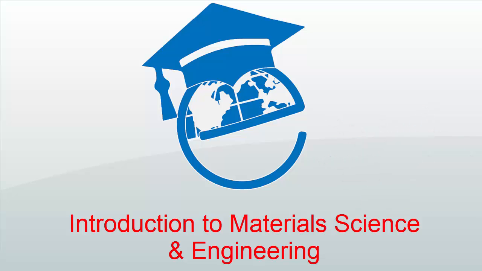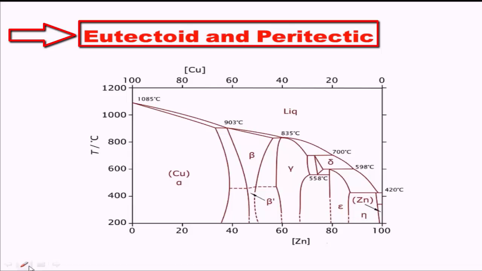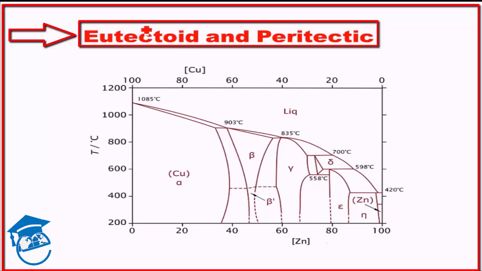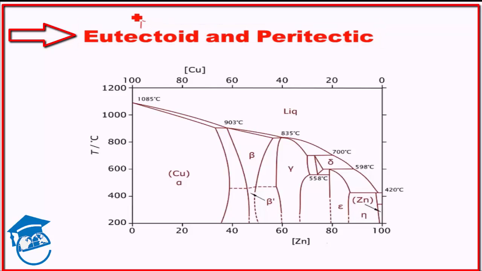So let's begin our discussion. First of all, I would like to introduce you to the couple of reactions. The eutectoid reaction is something like this, where a solid reacts and gives rise to two solids. Whereas a peritectic reaction is one where a liquid and a solid react to give a single solid. Okay, just to remind you,